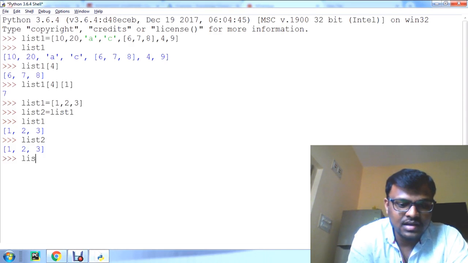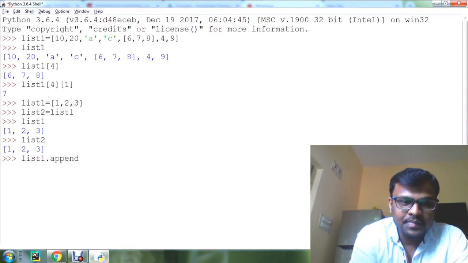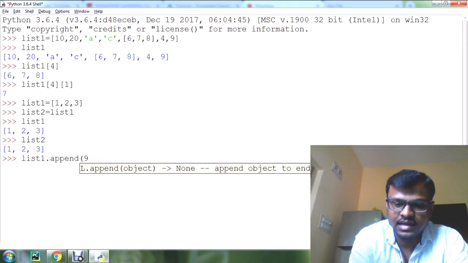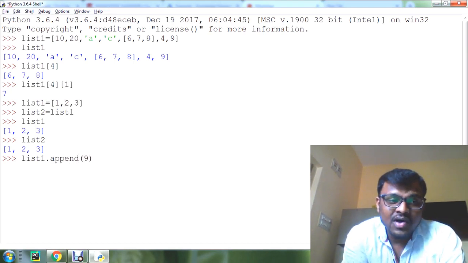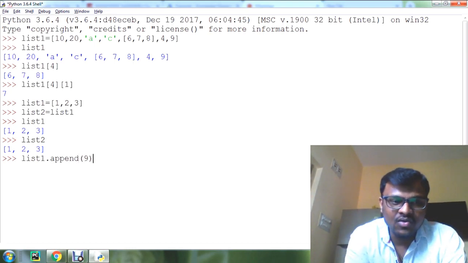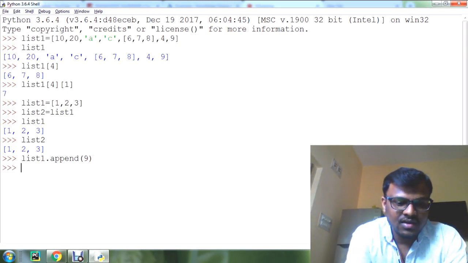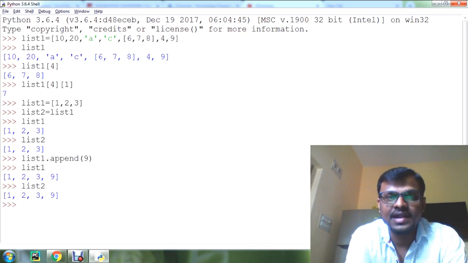For example, use list1.append(9). I am performing the operation on list1, and it will automatically affect list2 as well. Check it now: list1 is appended with 9, and list2 is also appended. So this is the assignment.